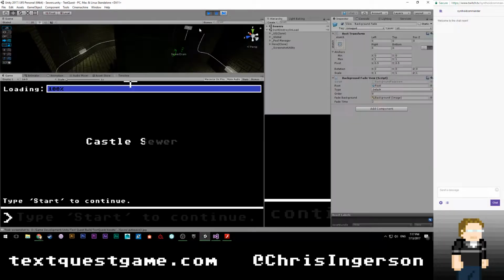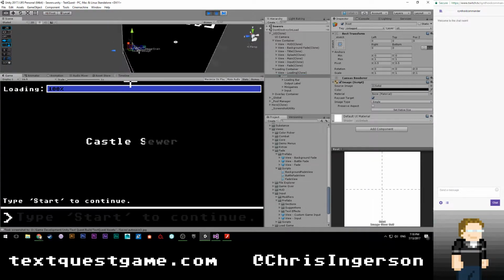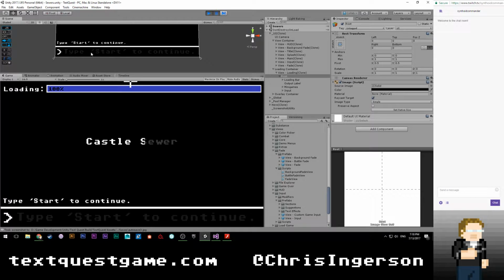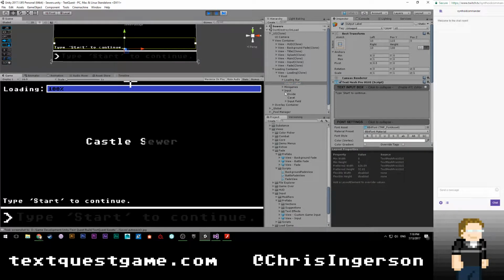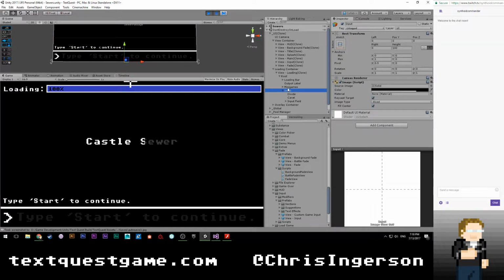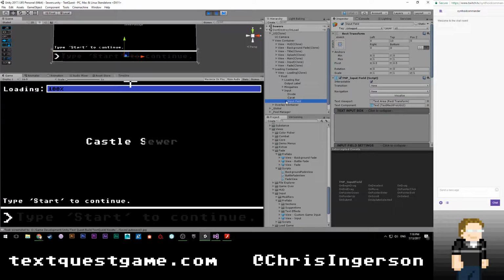So I'm actually going to pause while we're doing this, and we're going to take a look at our UI. Let's see, we should have loading container. We're looking at our loading. Let's zoom out here. The fact that I can't click on this makes me think that there's some rect transform above it, which really shouldn't be a thing, but I don't doubt that it is. So output label is here. We have our general input, our divide, our caret, then our input field.